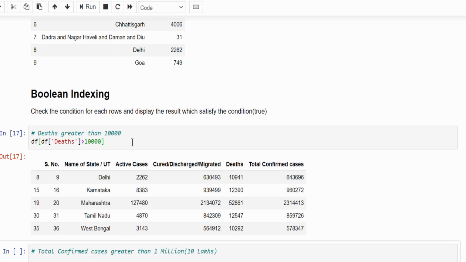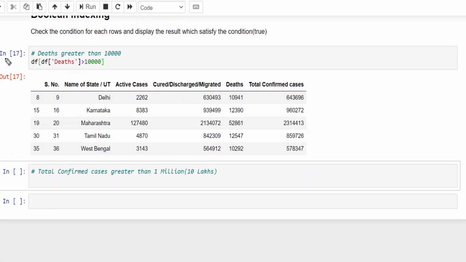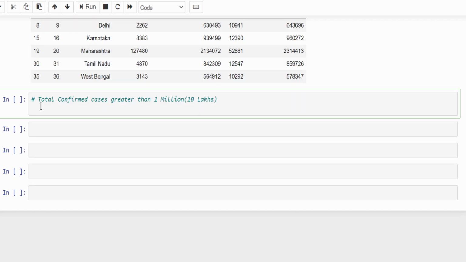Let's execute. So from this condition, we can understand one thing, like the most affected state in India is Maharashtra, where 50,000 plus people died, and the other top 4 states are near 10,000 plus only. One more example we will see. Let's check total confirmed cases greater than 1 million.